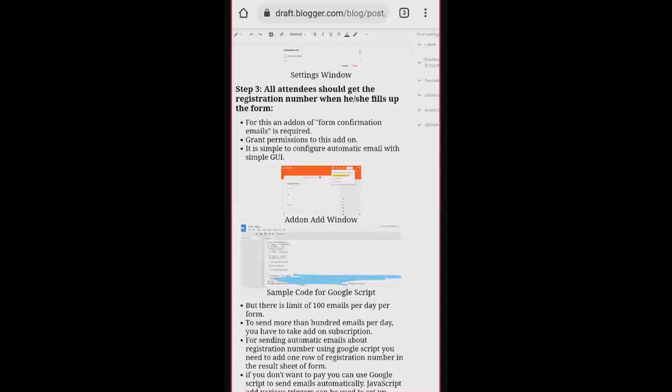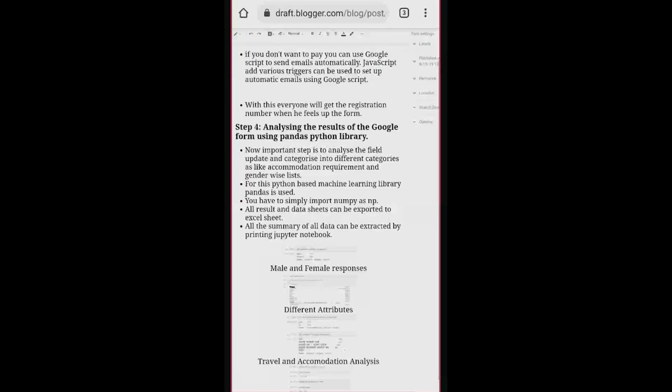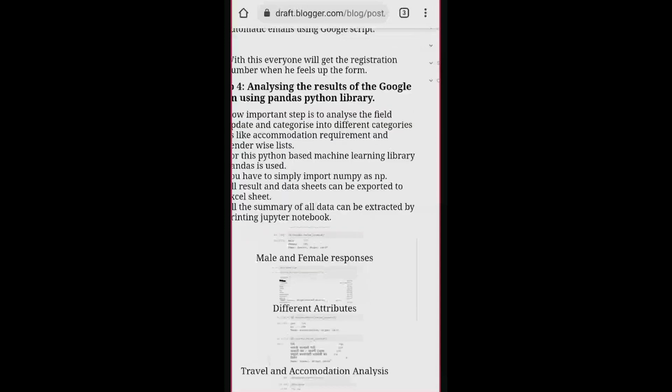Okay, there is the fourth step. Now, 1,000 attendees have registered, and I need to analyze their differences, what categories they are divided into. So there are about 7,777 males. That also lists how I have differentiated and exported the list for all of them.